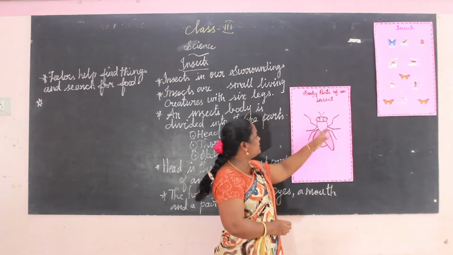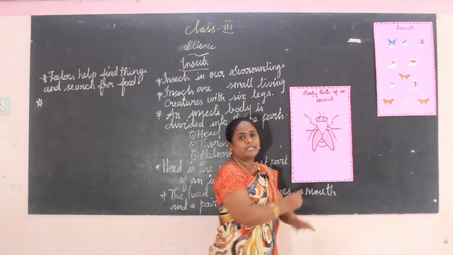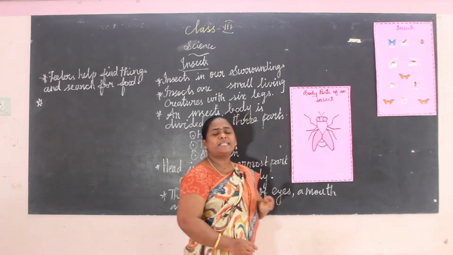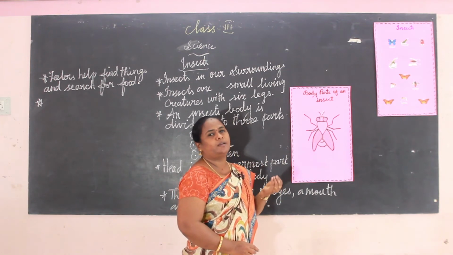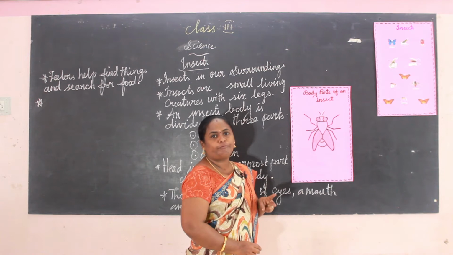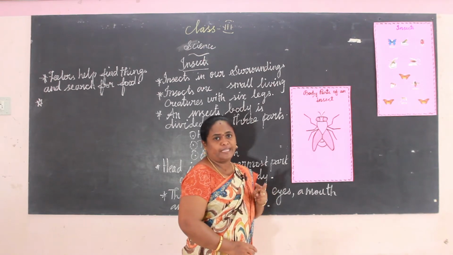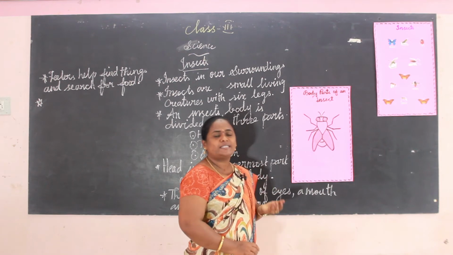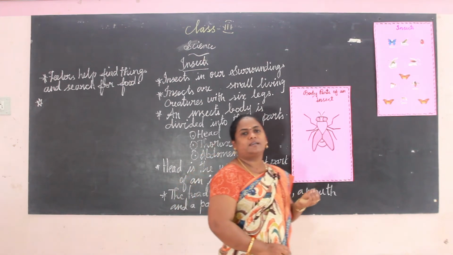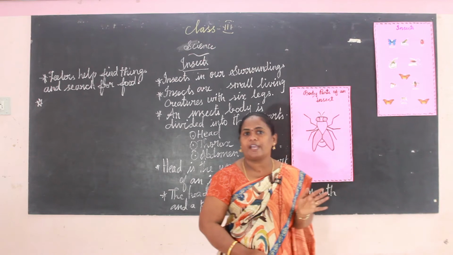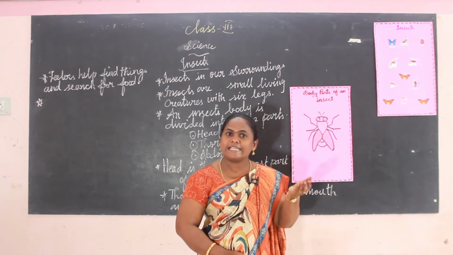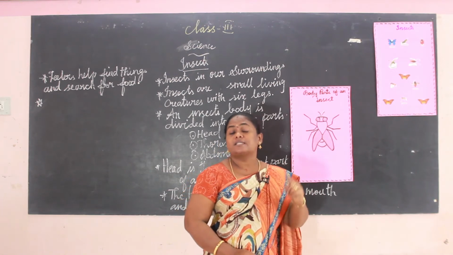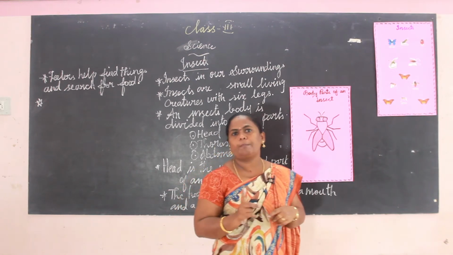The legs and wings are attached to the thorax. Some insects such as cockroaches and butterflies have 2 pairs of wings. Pair means 2, so 2 pairs means 4 wings. Some other insects such as beetles, lice and fleas do not have wings. Some insects have 2 pairs of wings, and some insects have one pair of wings.